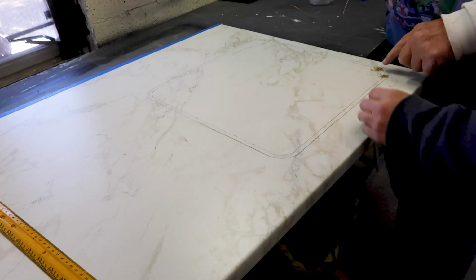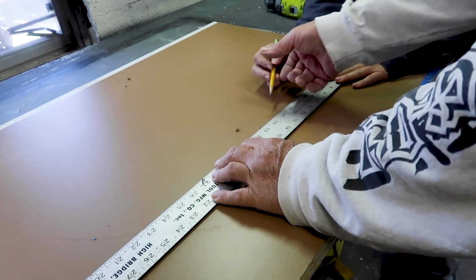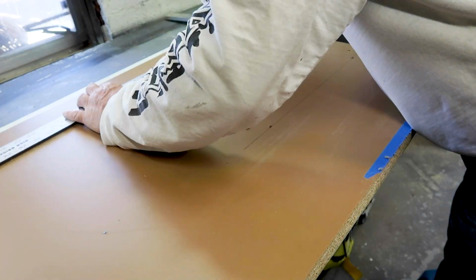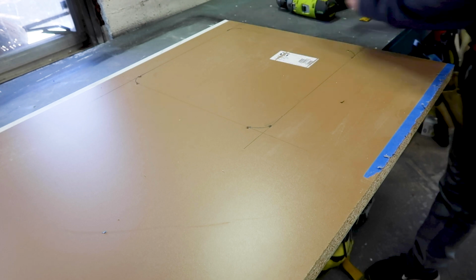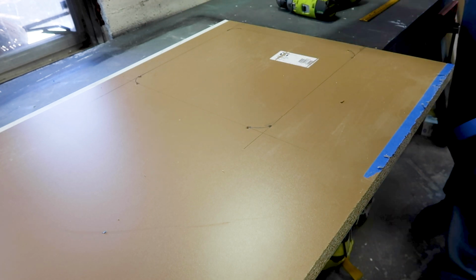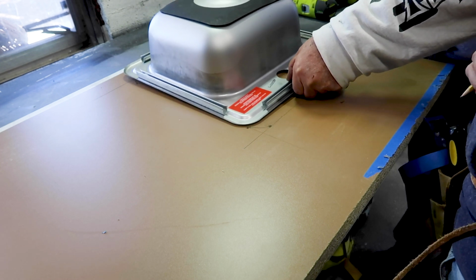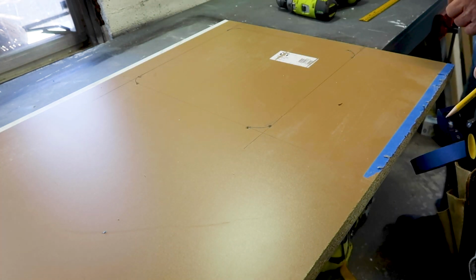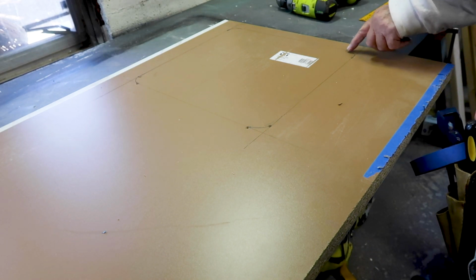Do a little hole here, here, here, here, here, here. Draw our straight lines on the back, and you just have to draw your circles on the back. All right, that's... And we're going to make sure that this covers over the lines. Okay, now we got to flip it over and tape the other side. I don't think we're going to be able to tape this side because we got to see the lines we're